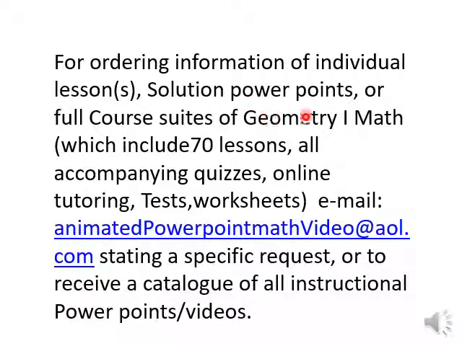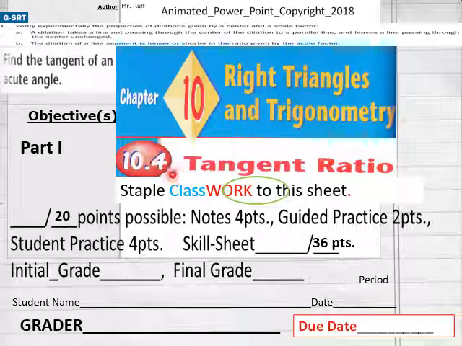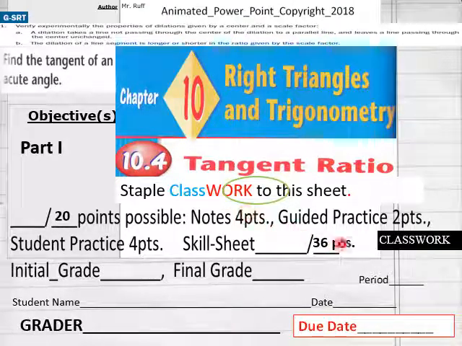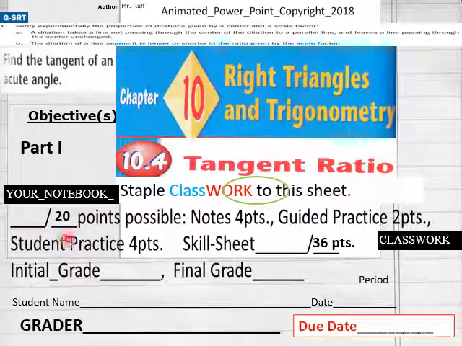Hello everybody, this is 10.4 of Geometry 1 Math Part 1. 10.4 tangent ratio, and we have a 36-point skill sheet with your classwork. Email me for those. And then we have a 20-point notebook taking guide for this lesson, finding the tangent